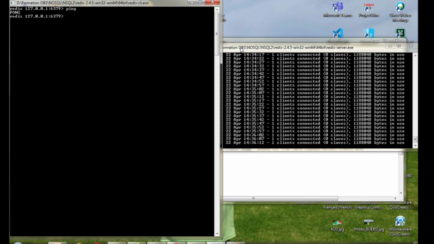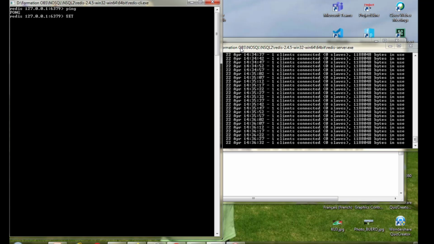Now let's finish this tutorial by giving some examples of key value data. For example, in Redis, if you want to create a key value, you can type the command set. For example, the key is a phone number or other number.